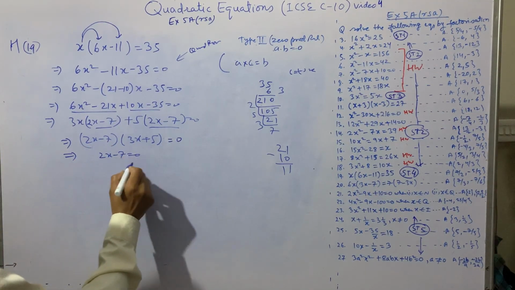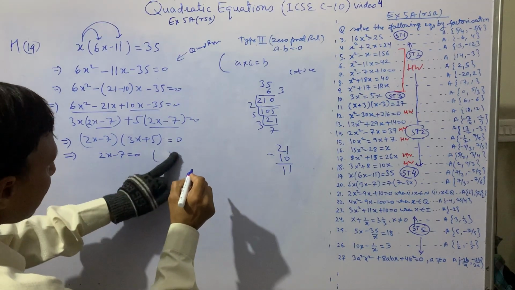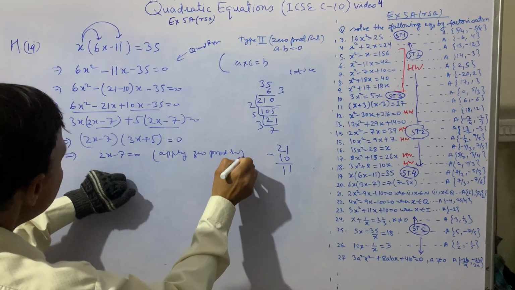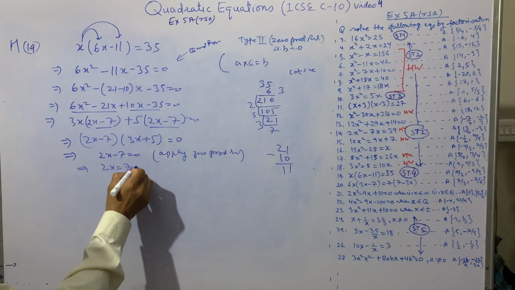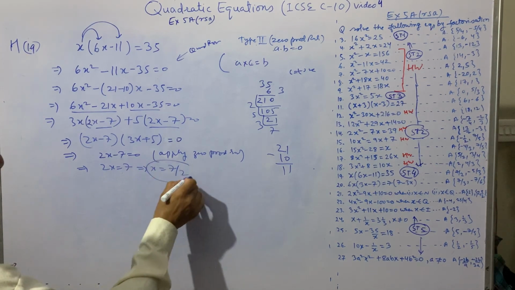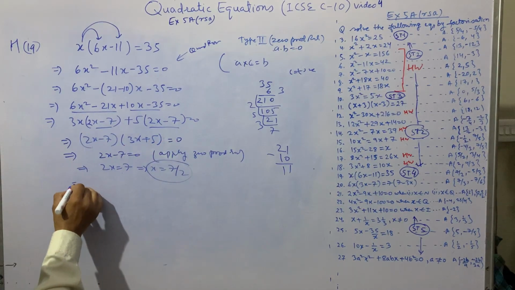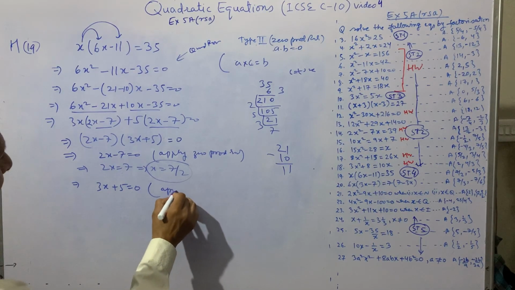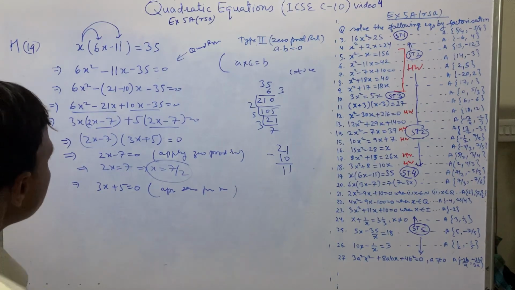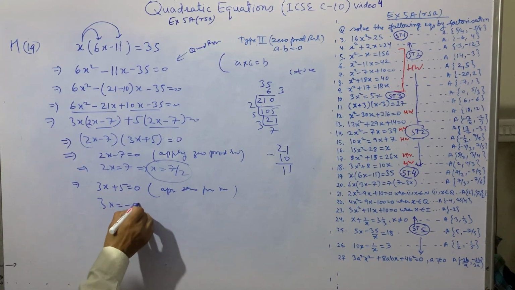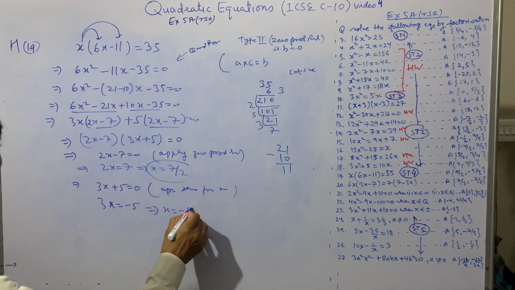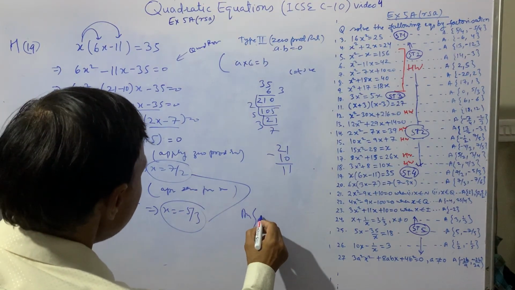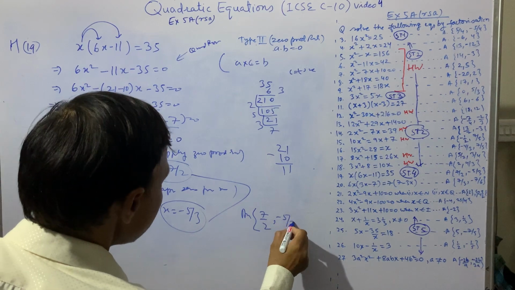तो जीरो प्रोडक्ट रूल लगाने के लिए हमने a इज इक्वल टू 0 करा, यानी 2x माइनस 7 इज इक्वल टू 0, अप्लाइंग जीरो प्रोडक्ट रूल। तो इस तरीके से हमें x की वैल्यू मिलेगी 2x इक्वल टू 7, तो x इज इक्वल टू 7/2, तो एक वैल्यू मुझे x की मिल गई। अब ये b वाला पार्ट 0 करेंगे, तो 3x प्लस 5 इज इक्वल टू 0 मिलेगा। फिर इसमें वही अप्लाइंग जीरो प्रोडक्ट रूल। अब इसमें 3x इज इक्वल टू माइनस 5 हो जाएगा, तो x इज इक्वल टू -5/3 हो जाएगा। तो दोनों सॉल्यूशन मिल गए हमें, ये दीज बोथ आर द आंसर्स। तो आंसर्स 7/2 और -5/3।